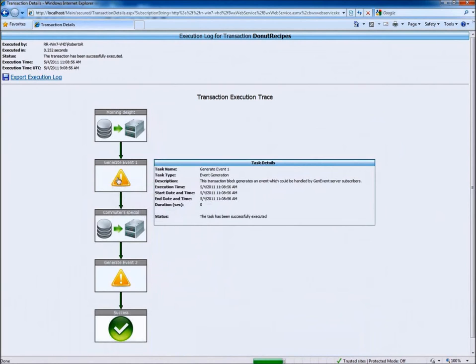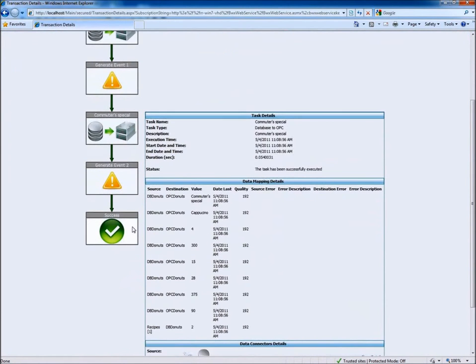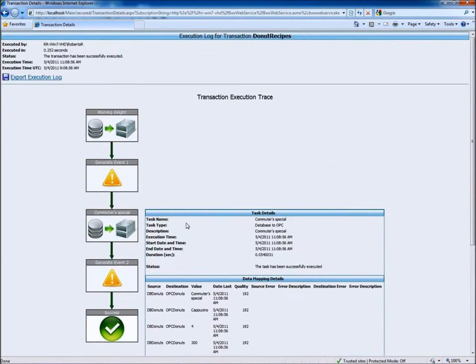If I click on the second one, I will have a different set of information because this is a different task that has been executed, and I can go on to see the information about all the others. So in this way, by using this feature, you can understand if there is any problem in your transaction, where is the problem. Maybe, for example, a SQL query is wrong and BridgeWorX is not able to get any data